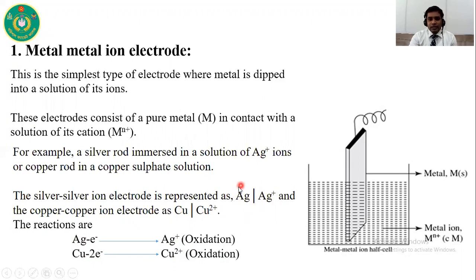So this is the representation of metal ion electrode in oxidation state. If it is in reduction state, we write silver plus before and silver later on. So in case of copper ion electrode, this is in oxidation state. If it undergoes reduction, we write copper 2 plus in the previous one and copper later on. So in this case, silver ion electrode is in oxidation state, copper 2 plus ion is also in oxidation state. So by this process, we can represent metal ion electrode.